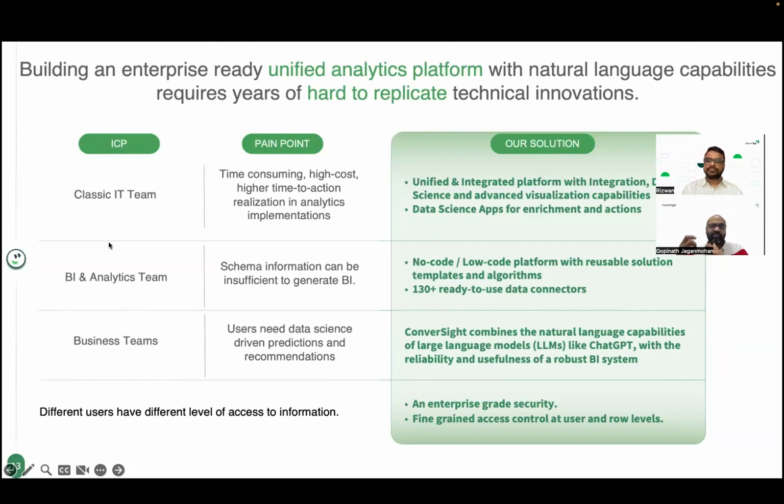So basically, ConverSight pulls the information. It can be an API source, right? It can be a file or something which is in a data lake, right? All those can also be consumed within the platform to generate insights. So pull, push, both can be configured, and sometimes it can be configured for the same data set too. Some can be pulled and some can be pushed.